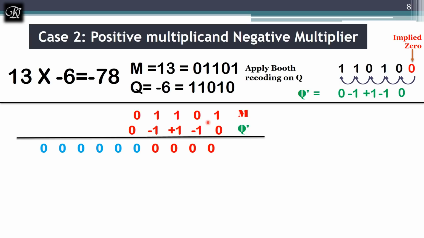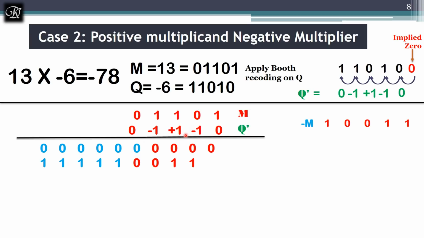So m is multiplied with 0, as before, it remains 0, and the sign of this partial product is 0. So all the remaining bits, which I have highlighted in blue, are 0 because the sign is 0. Next, I have to multiply m with -1. We have already seen what -1 is. If you multiply m with -1, that is the negative version of the same. So that will be 1 0 0 1 1. This is the 2's complement, and let's write that. You can see the sign bit of that is 1, so the extension will be 1 1 1 1.